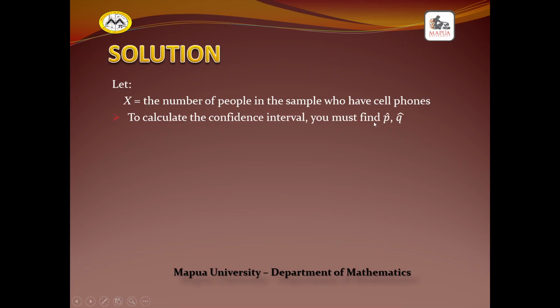of people in the sample who have cell phones, therefore we have to look for the P hat, which is the sample proportion, and at the same time the Q hat. If out of 500 respondents, the number of successes will be equal to 421, which is given in the problem. So we can compute the P hat, or the sample proportion, as X, which is equal to 421 out of 500 respondents, and this is equal to